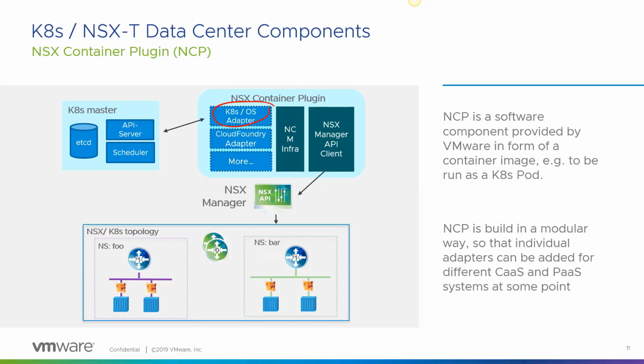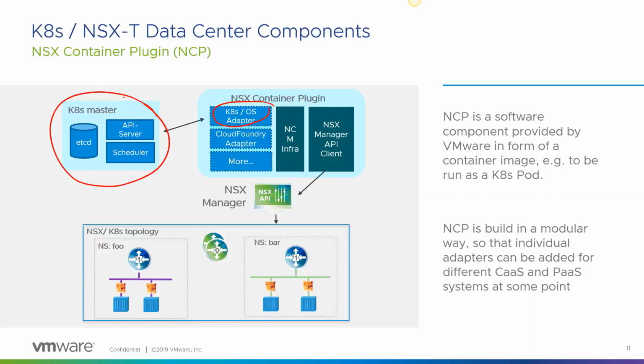But the end result is these plugins allow NSX to essentially listen to the master. And if the master says, okay, we're going to go create a new namespace, NSX knows every namespace relies on it for a number of things, starting with a segment. Every namespace has an isolated segment because namespaces need to be isolated. So it knows it needs to go create a segment, and so on and so forth. We'll talk about this in more detail as we go along. But the framework remains the same, and we can still leverage this framework for other container orchestration systems.